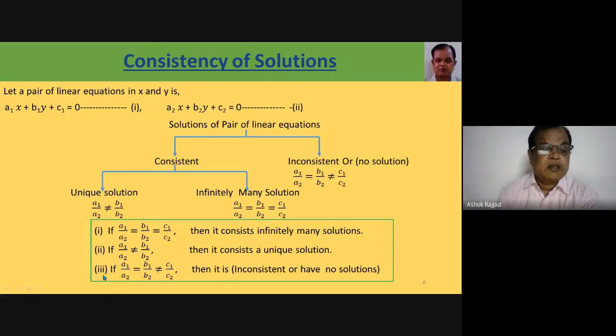Then next, if a1 upon a2 is equal to b1 upon b2 is not equal to c1 upon c2, then it is inconsistent, or has no solution. This way, first you will check whether it is consistent or inconsistent. Okay, now